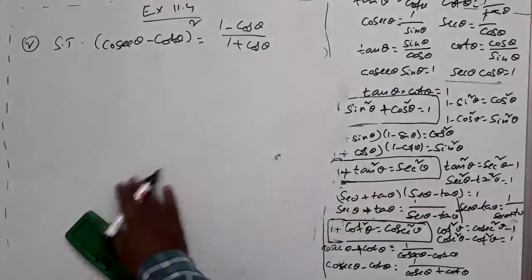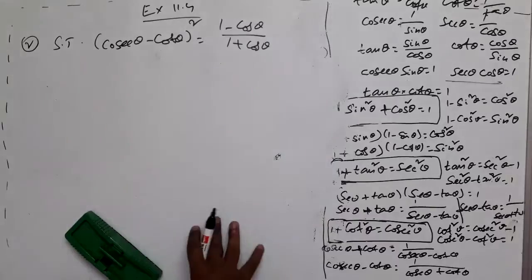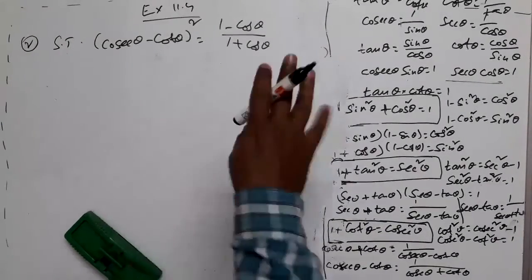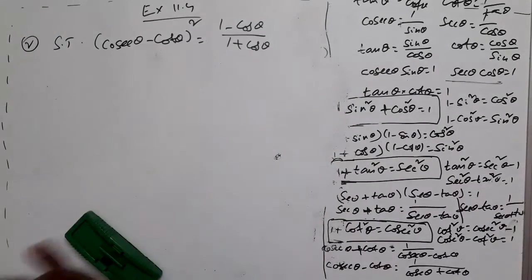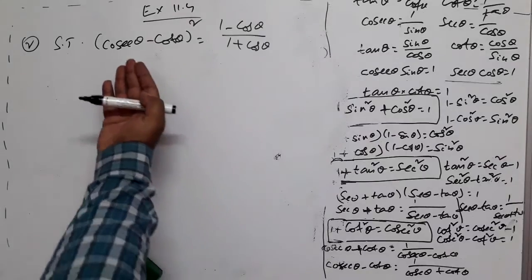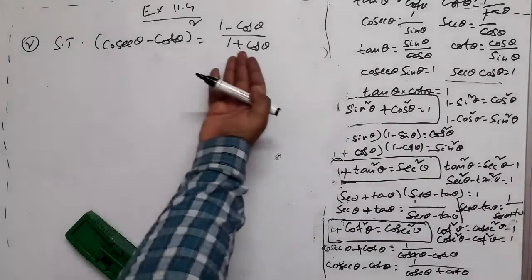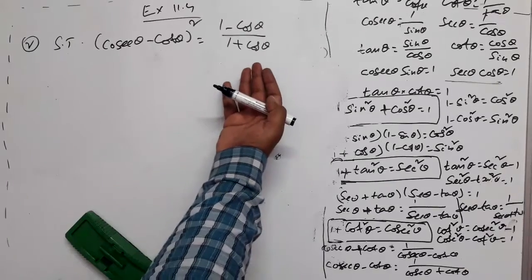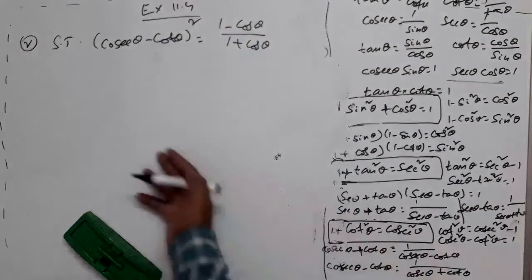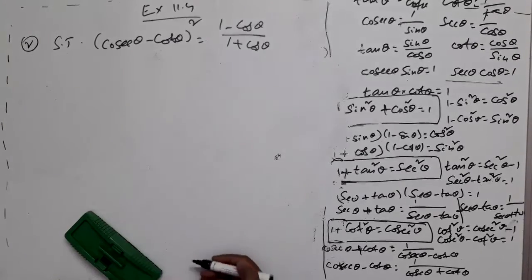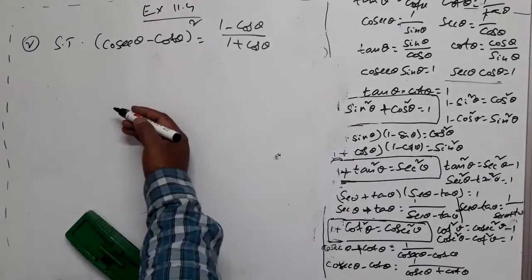How shall we proceed? What is the idea you have got? You think. What is given? What do you know? Given left hand side part is an expression involving cosecant and cot. Right hand side part is an expression involving cos theta. You have identities like this. How shall we do? What shall we do? Yes, the idea you have got is correct.